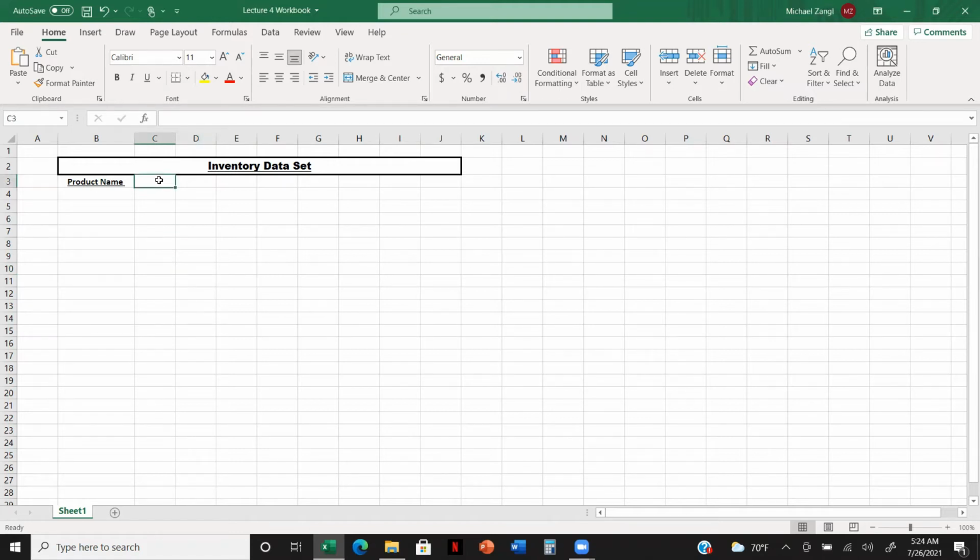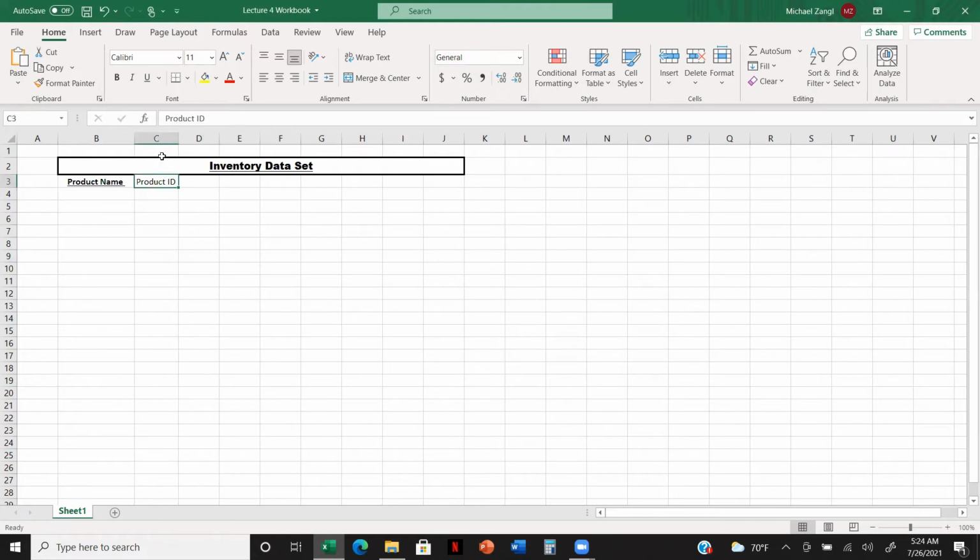Now we're going to put product number or ID number, say product ID. Okay, so you see it's kind of an overflow right now with this because the cell's a little smaller. So we're going to double click and it's going to reformat that cell. We'll do the same thing. We're going to bold, we're going to underline. Okay, then we're going to put